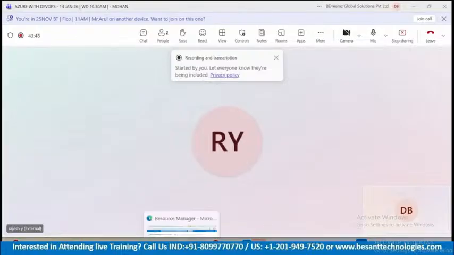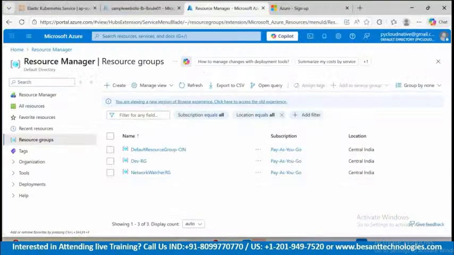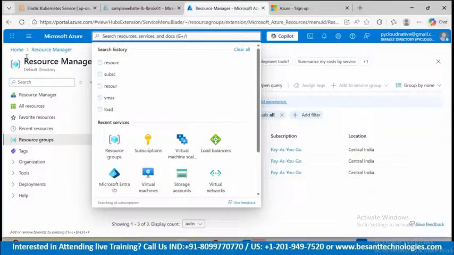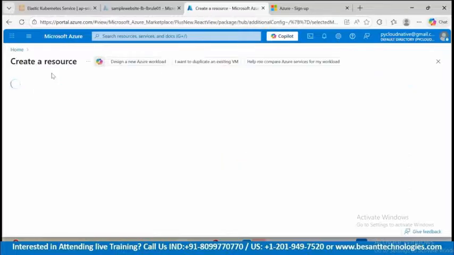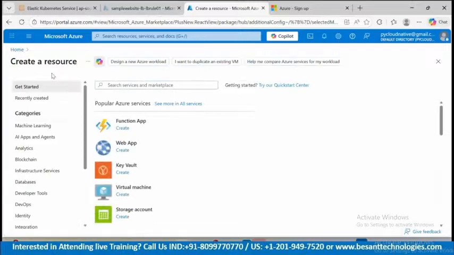Now I will show you a simple virtual machine purchase. I'm going to purchase one simple Windows machine. What I will do is click on the home button and go to create resource, where you can purchase the virtual machine. Do you know what a virtual machine is? The virtual machine is a replica of the exact same machine, right? So usually,